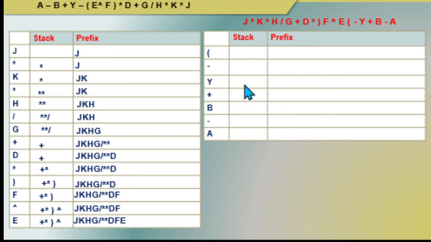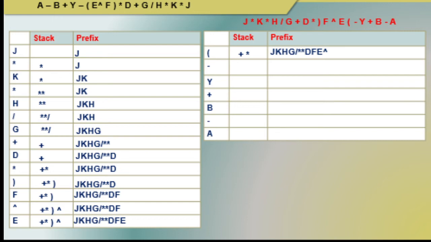So we now have our open parenthesis. Therefore, we are going to remove the close parenthesis from the stack. And the operator inside the close and open parenthesis must be popped out from the stack as well and written in our output. So the contents now of the stack are operators, addition, and multiplication. And our output now is J, K, H, G, division operator, our two multiplication operators, D, F, E, and our